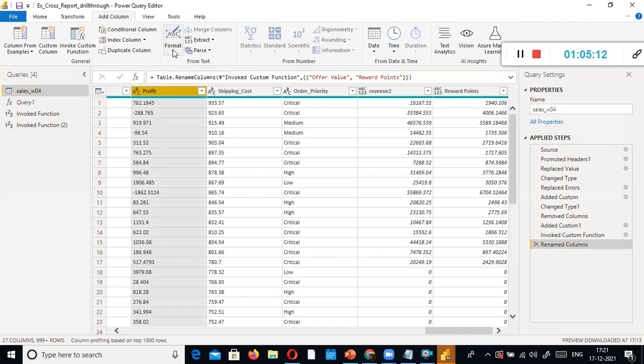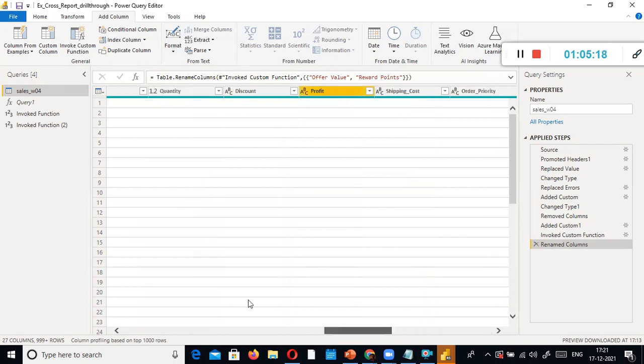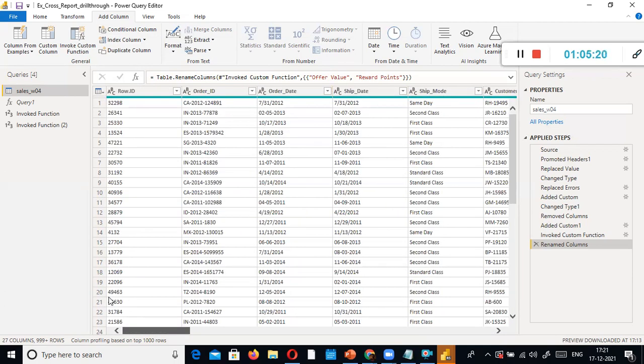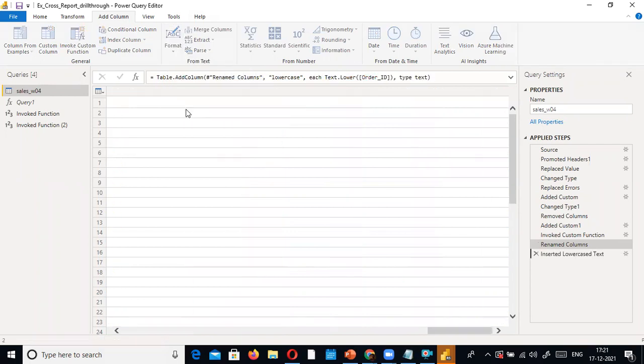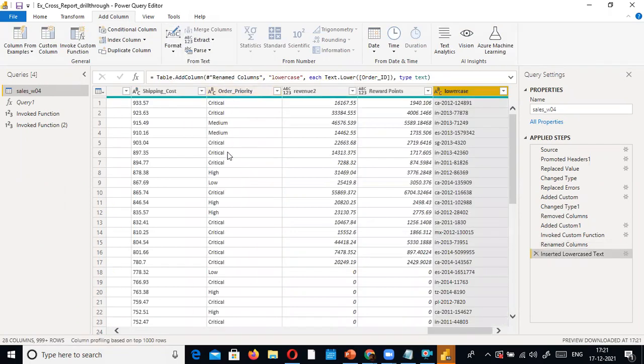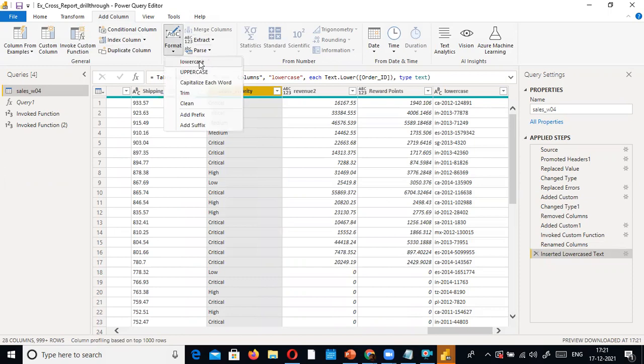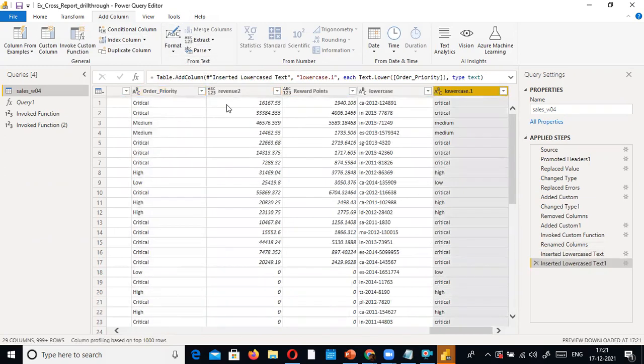And then we have something called format. So for example, you have some text column, right? In this case, we don't have any text column. But for example, we have CA and so on. You want to convert this to lowercase instead of capital CA. You want to see order period. I just select this one, go to format and then click lowercase. Everything will become lowercase. Look here, everything became lowercase. But it created a new column. It did not disturb the existing one. It created a new column.